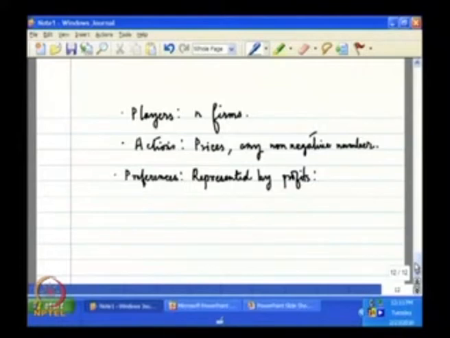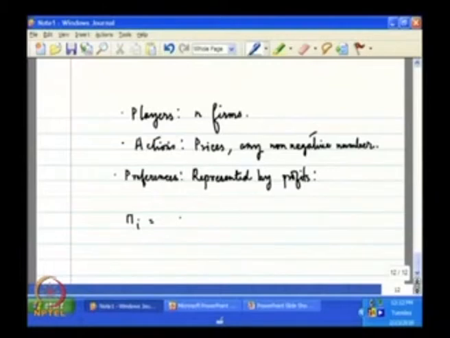Suppose I am talking about firm i, any representative firm. The profit of firm i is given by price P multiplied by Q minus cost. That is the first principle. But if I charge a price of P, then what is the quantity that I get? This is given by the demand function,